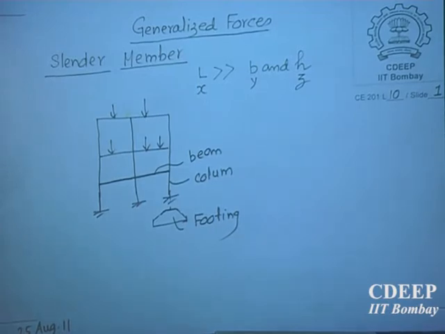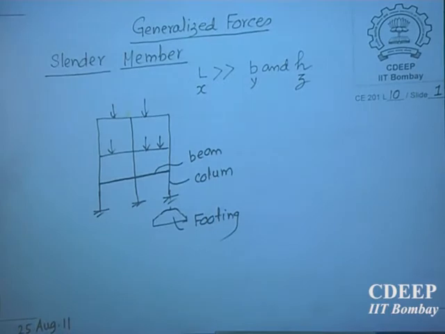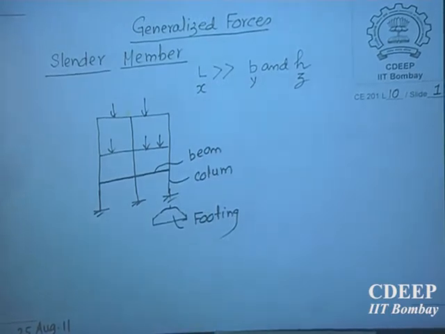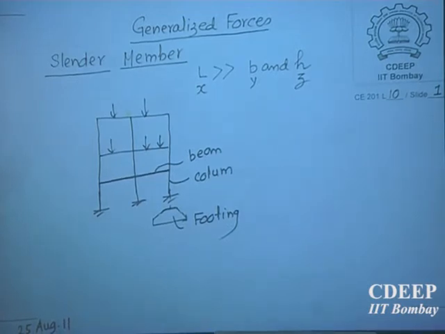See, this portion is directly in contact with, let us say this is a soil. So area is very small, load is very high, the direct stress will be very, very high. So maybe the soil will not be able to take that much stress. Then load is also shared by the column over its periphery.